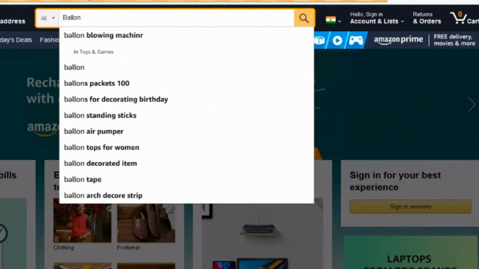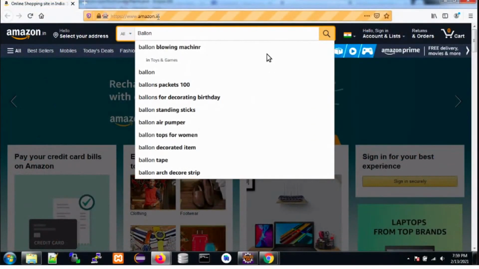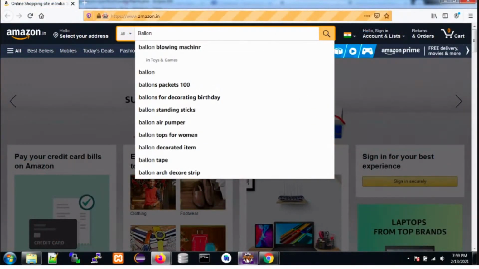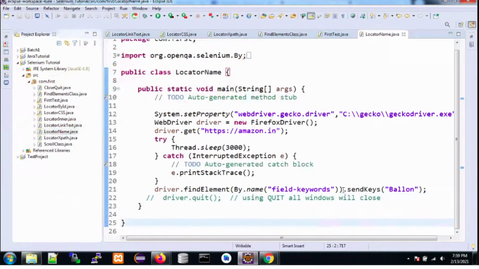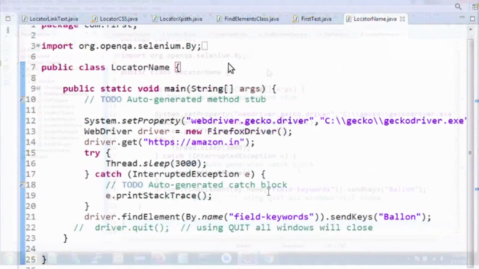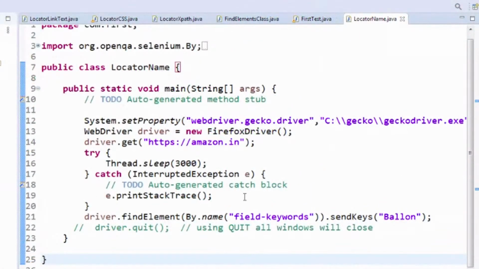Then it has passed the keyword balloon that we passed in our code. Okay, so in this way we can locate elements via the name tag, and with the help of send keys we can pass some keyword to perform any search operation or to do any login session or anything as per our use case. So in this case, we can locate an element via a name property. Okay.